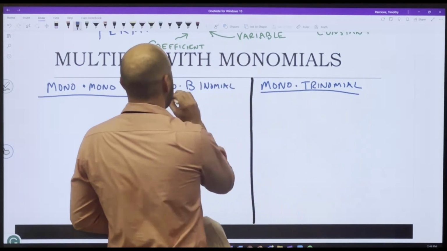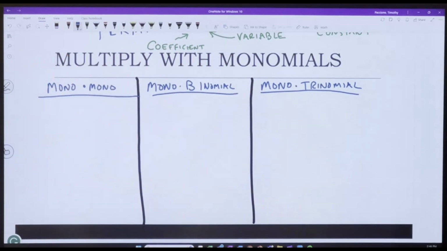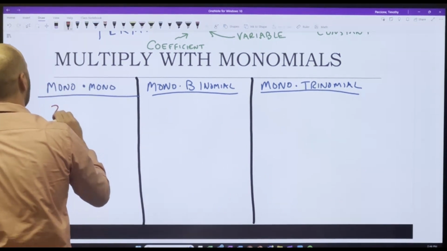In order to do the second 2, you got to kind of know the first one. Okay? And the first one is as simple as you might have like 3x